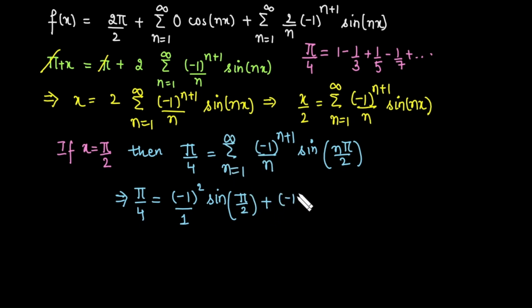We have minus 1 raised to power 2 plus 1 is 3, divided by 2, sine of 2 pi by 2, that is pi, plus, put n is equal to 3, minus 1 raised to power 3 plus 1, 4 by 3 sine of 3 pi by 2,